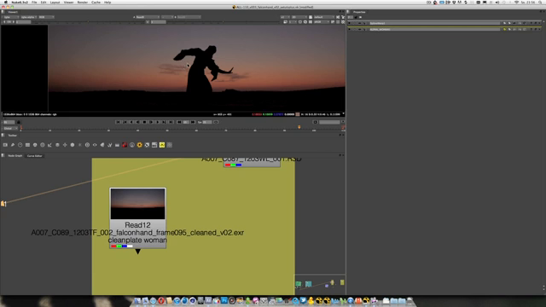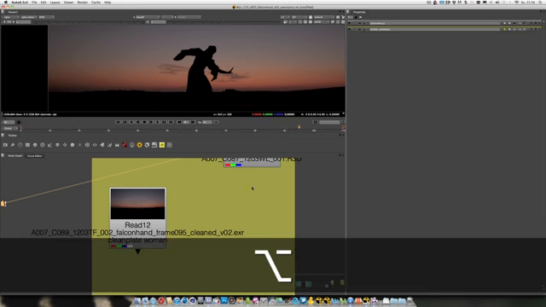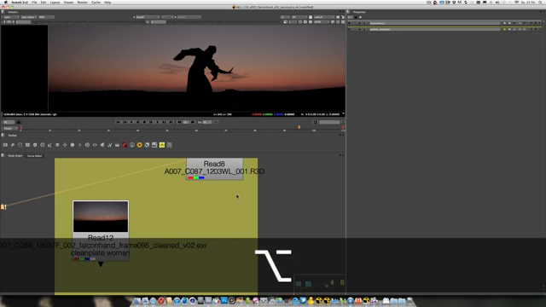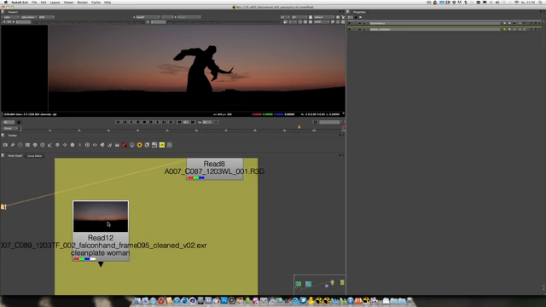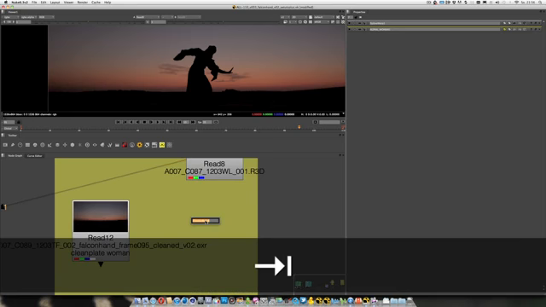So we got this part here in detail, and here we only got this tiny stuff that we had to paint back. So I rendered out this frame 95 as an EXR, sorry, and then I brought that back into Nuke,